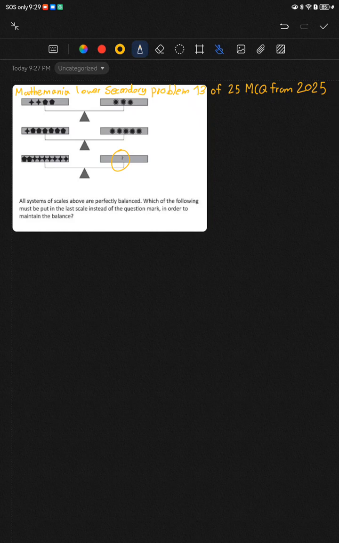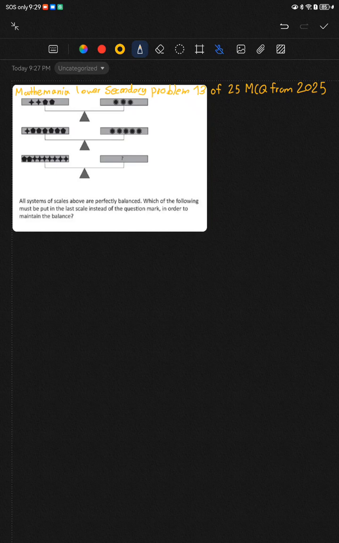How many of these sea urchin looking things should we put such that the weight of the total amount of sea urchins put is equal to the total number of this? Well,